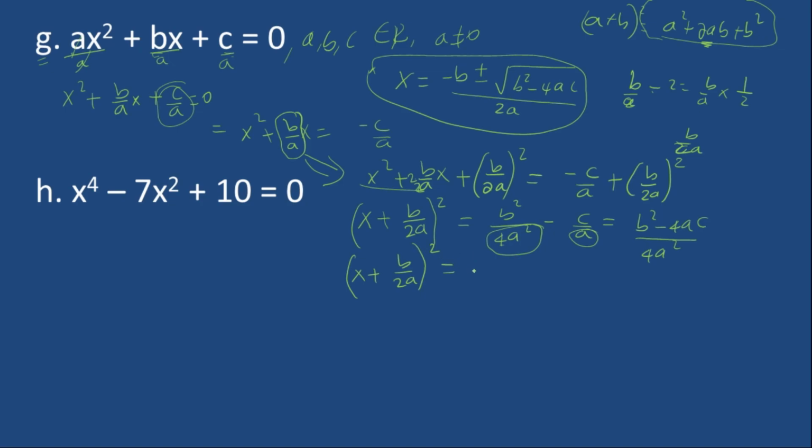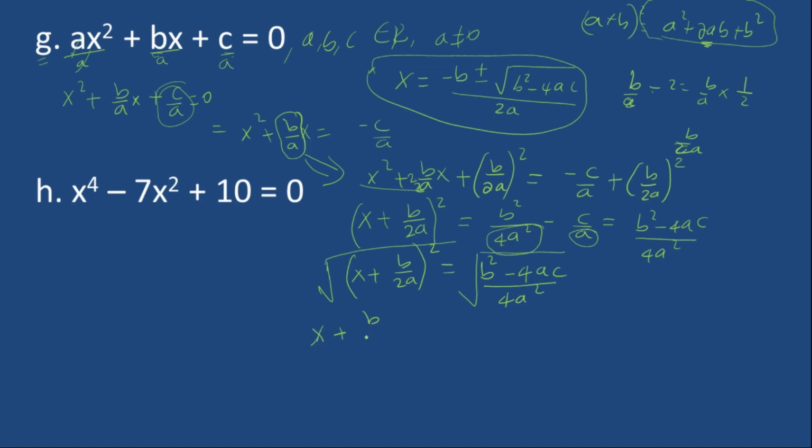So this is equivalent to (b squared minus 4ac) over 4a squared. Now we are finding x, right? Take the square root of both sides. So from this, we can make it x